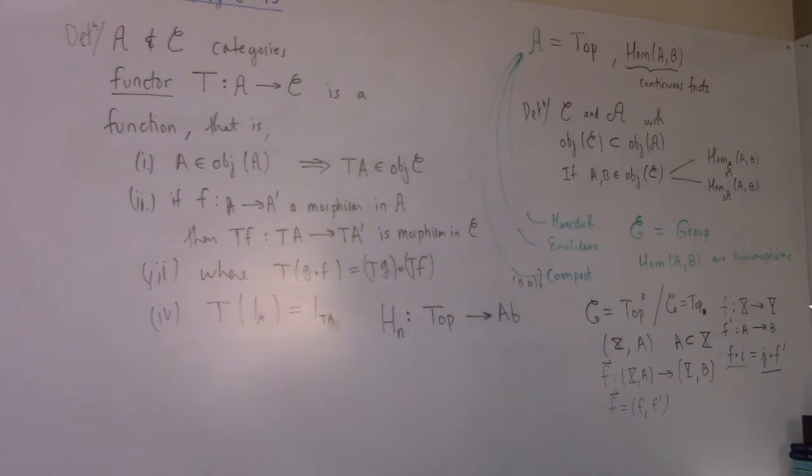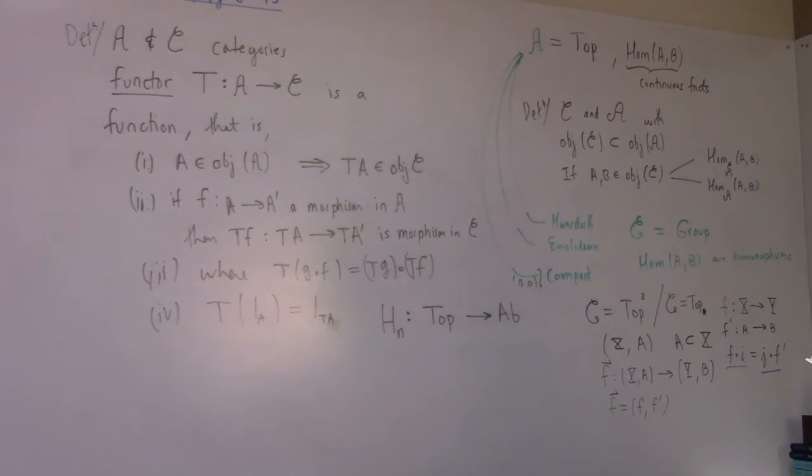This one basically takes, for example, the category of Top to the category of Sets, and it just takes the topological space, strips off the topological structure, and leaves just sets. Morphisms become just functions. Homeomorphisms become bijections, and continuous functions just become functions, and so forth, under the forgetful functor. You can also take groups to sets, or abelian groups to groups, or abelian groups to sets, and so on.